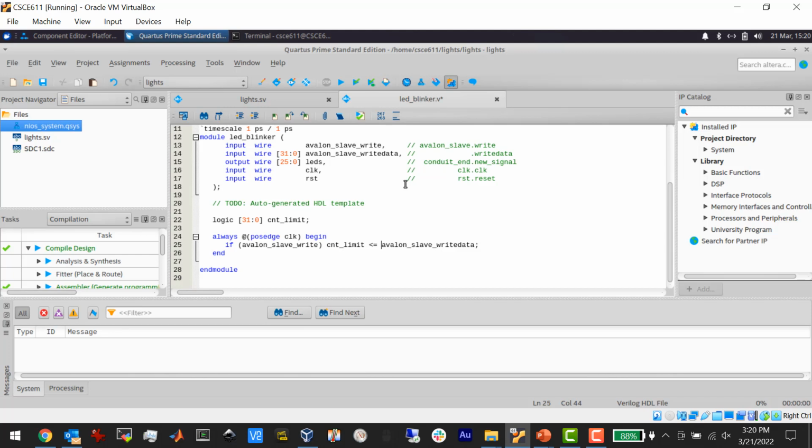This is a way that you're taking a variable in your software and you're doing a write, which is writing that value across the Avalon bus, which will then come into the SystemVerilog design and will become this Avalon slave write data. Now you might say, well, wait a second, what about the address? Where's the address go? Well, we don't have an address because what will happen is this whole thing gets assigned an address in